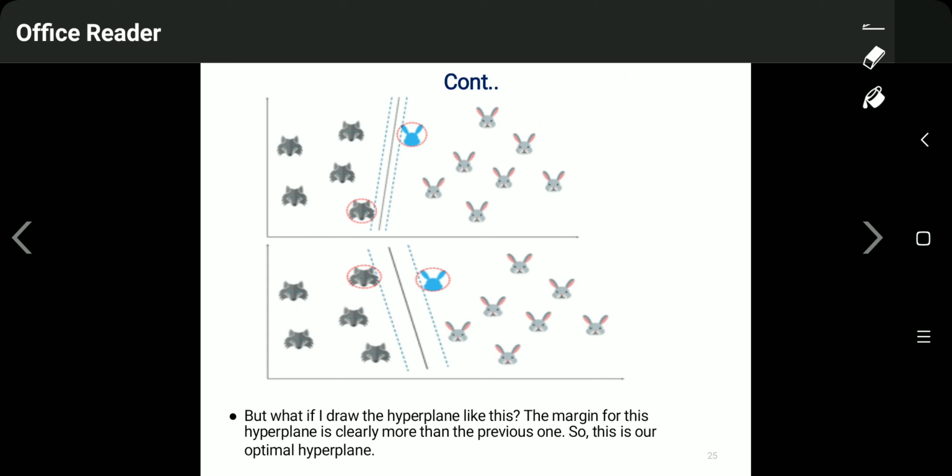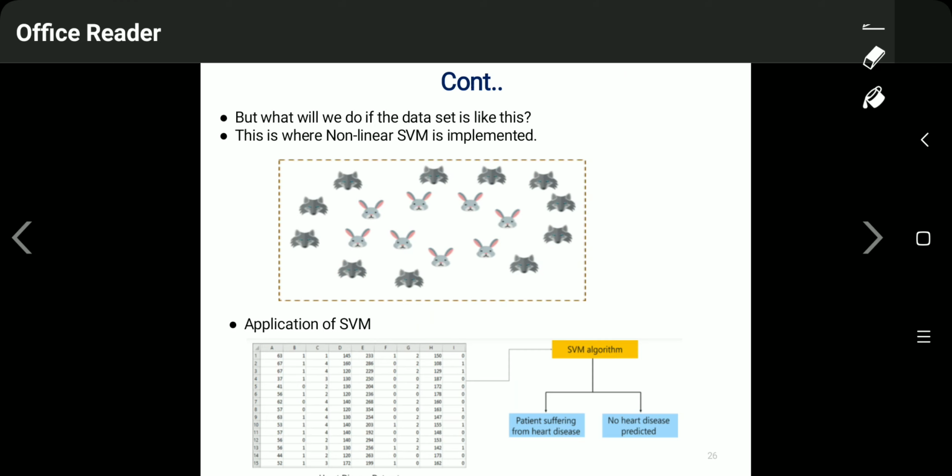So this is how we can obtain the optimal hyperplane, so that we can do a better classification for the different sets of classes. Now just see here, this may be another example. We cannot draw a linear hyperplane for this kind of problem because the data distribution is random, meaning they are mixed up. So here is where the non-linear support vector machine concept comes in.